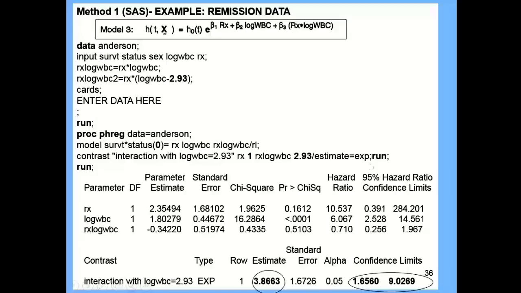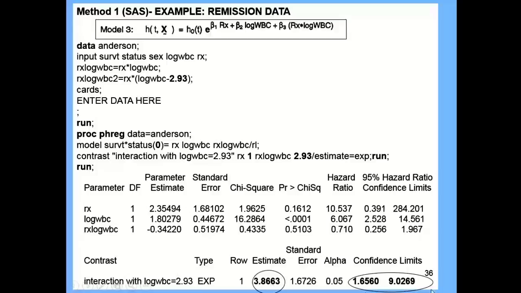That's more or less exactly the same thing we did with logistic regression. The contrast statement is basically the same thing that you would do for any interaction situation. The difference now is you're running PHREG and you're running a survival analysis model. You're not doing logistic regression. But once you run this model, you're going to get estimates for every parameter in the model, and then somewhere at the bottom of the output, you're going to get